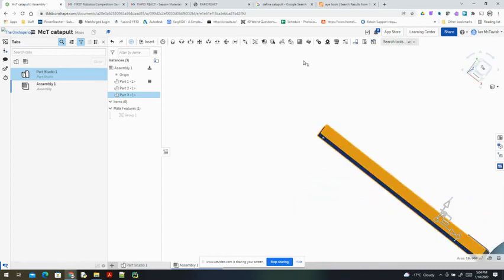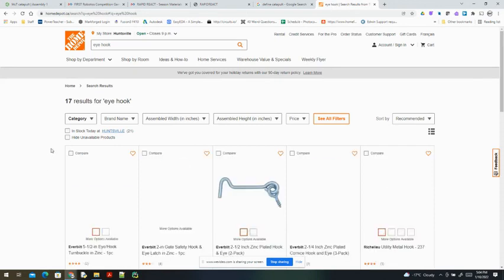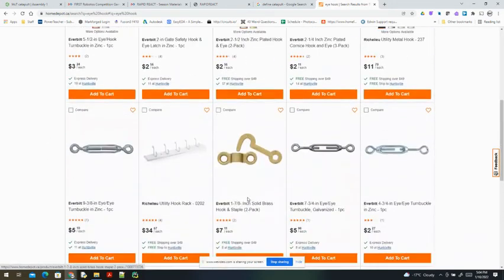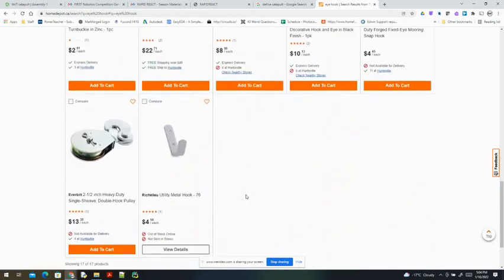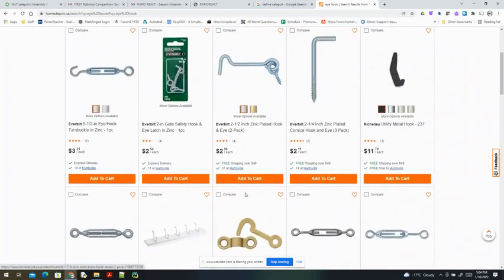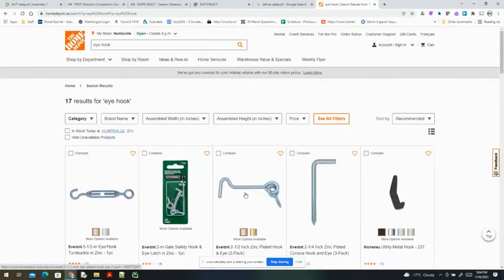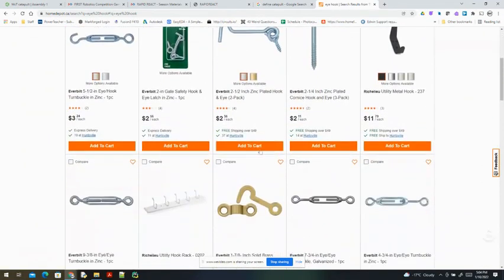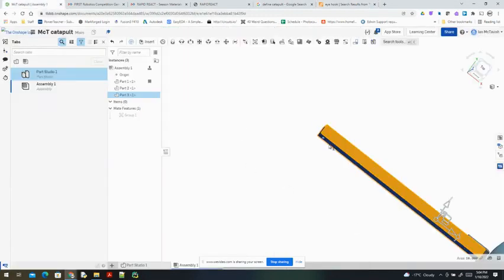And those holes I would go to Home Depot and find an eye hook. But what I'm looking for is I've got to find the right term, but it would be a hook like that, and it would bolt through, and then that would be what I would tie on the plastic or